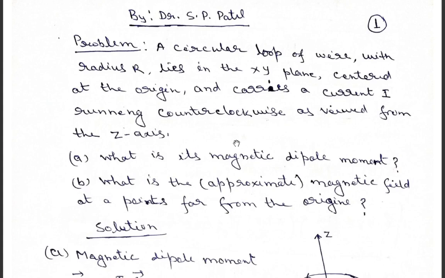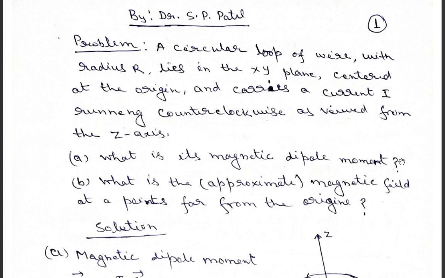Then the problem is: what is its magnetic dipole moment? It means we have to find the magnetic dipole moment due to this circular loop, and I did this problem when we learned the Biot-Savart law also. There we calculated the magnetic field due to a circular loop, and a very important result was there. Along the axis from the center of the loop at some point z, where z is greater than, let us say, r, the radius of the circular loop,